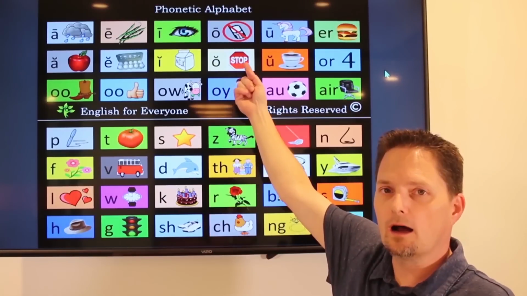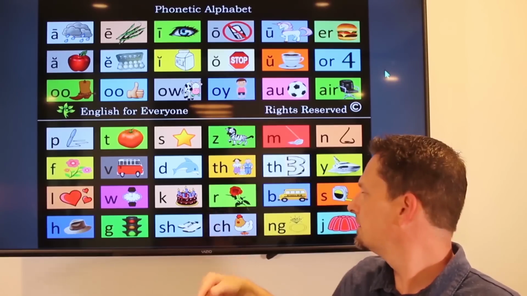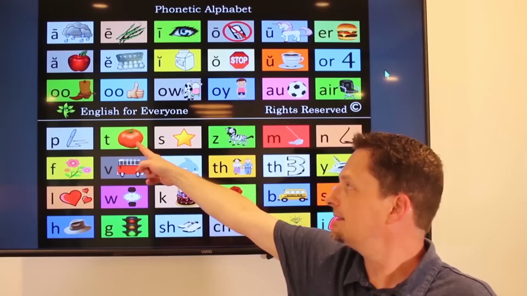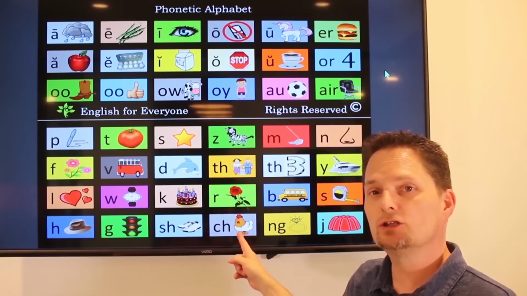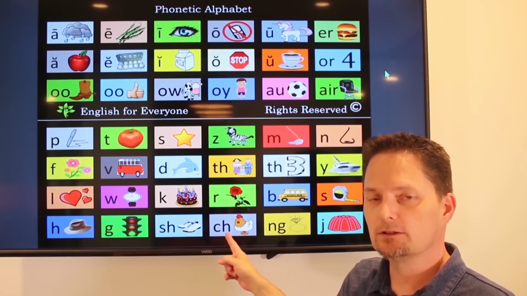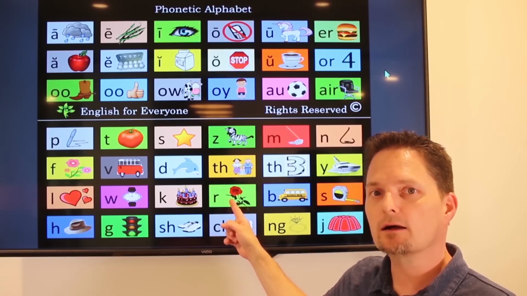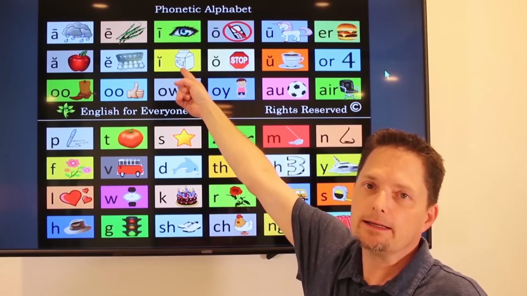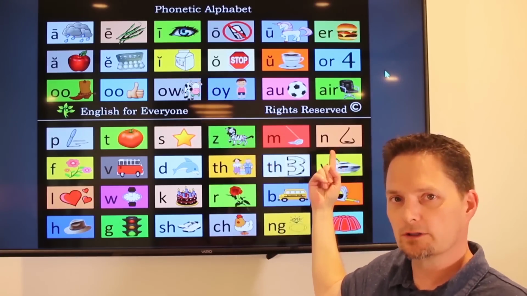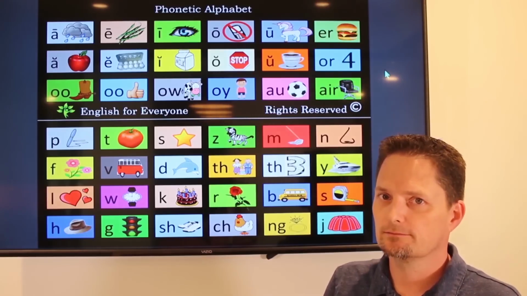D. A, da. K, doc. Ch, doc, ch. Remember, when you have TR together, it makes the chicken sound, ch. So again, doc, ch. Docture. Doctre. Doctrine. They follow a strict doctrine.